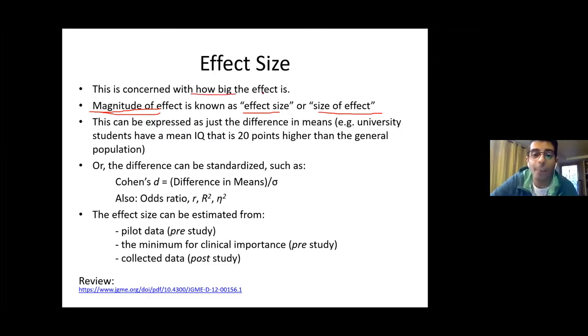This is concerned with how big the effect is, how further away a mean is from another mean, or the difference can be standardized. It has several different notations like Cohen's d, which is difference in means divided by... He's not going to ask you how to calculate. Odds ratio is another way you can calculate. These are just nomenclatures. And sometimes you can get an idea or estimate effect size by doing, for example,